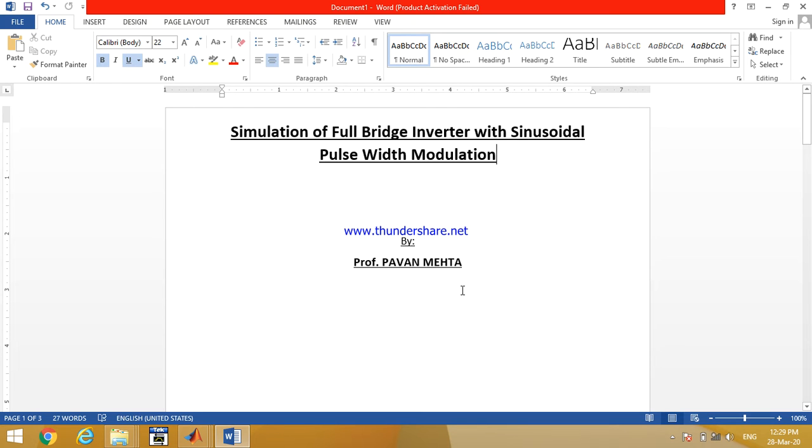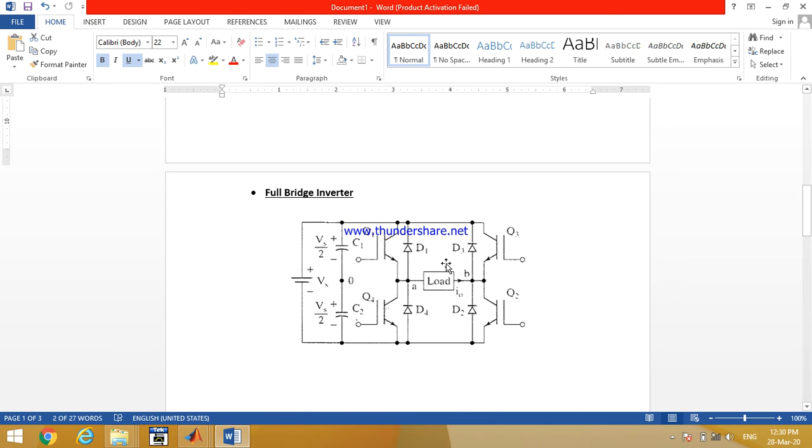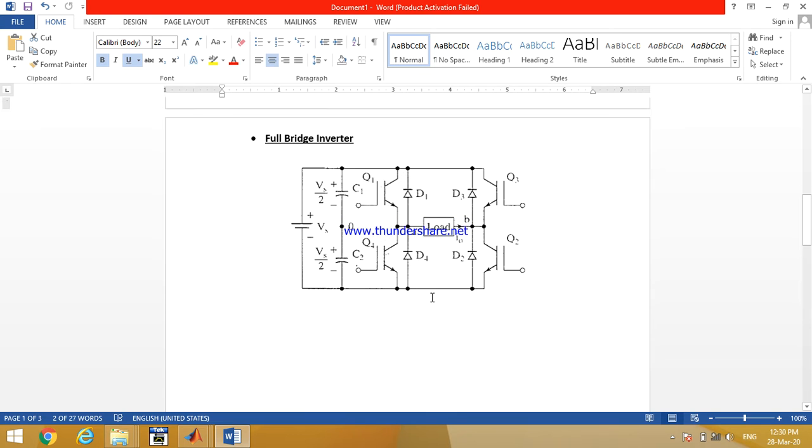Good morning, friends. My name is Pavan Mehta, and today we'll learn about the simulation of full bridge inverter with sinusoidal pulse width modulation. As we know, friends, that for simulating the full bridge inverter, this is the circuit of